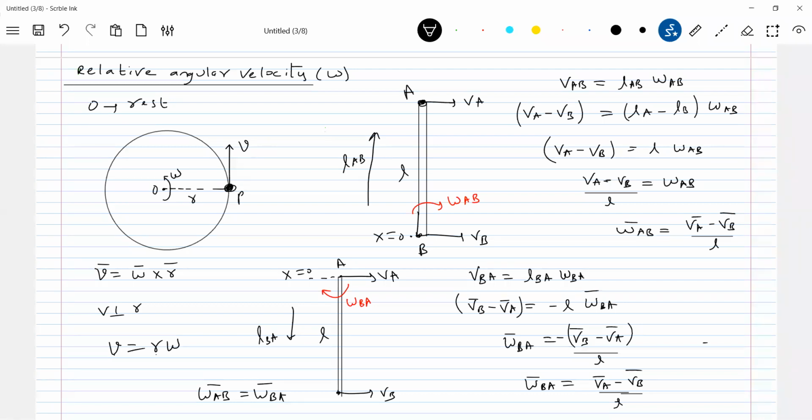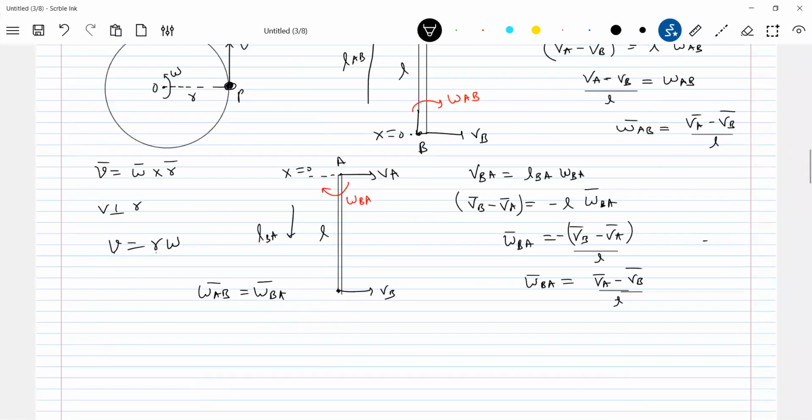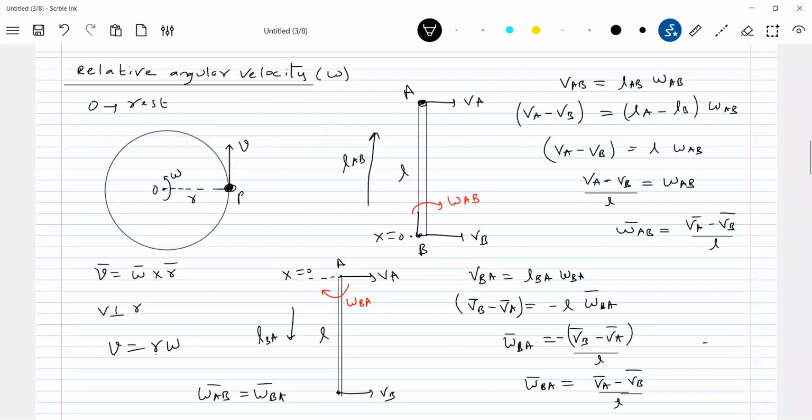Sir, I still didn't get it. Could you just show? Well, here actually, if you take this x-axis and y-axis, then omega AB bar, BA bar will be in the direction of minus k cap. The z-axis will be out of the plane, no? Yes, sir. Could you just tell me how? I'm not getting it. Curl, right hand screw rule, no?